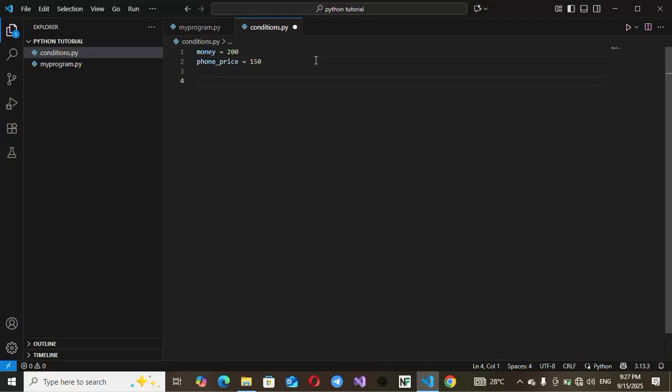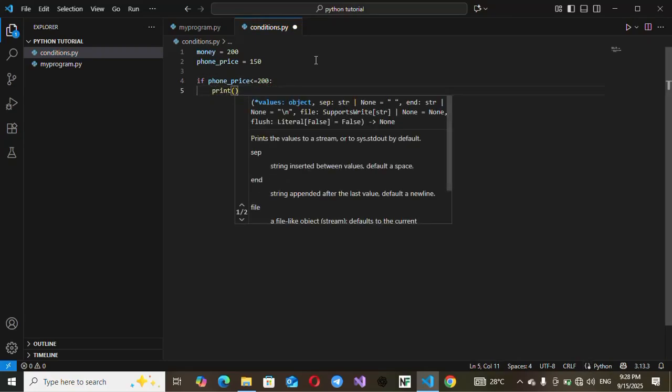Now, what's the first condition? This is how you're going to write your conditions: if phone_price is less than or equal to 200,